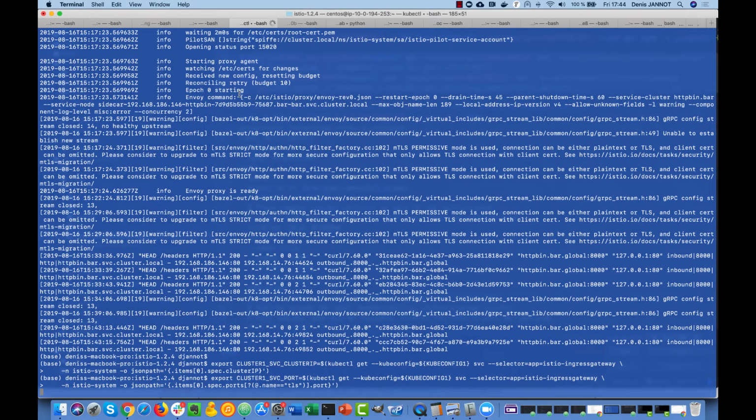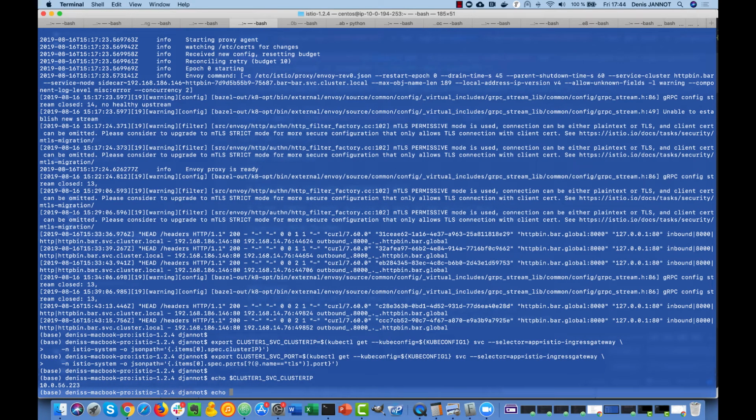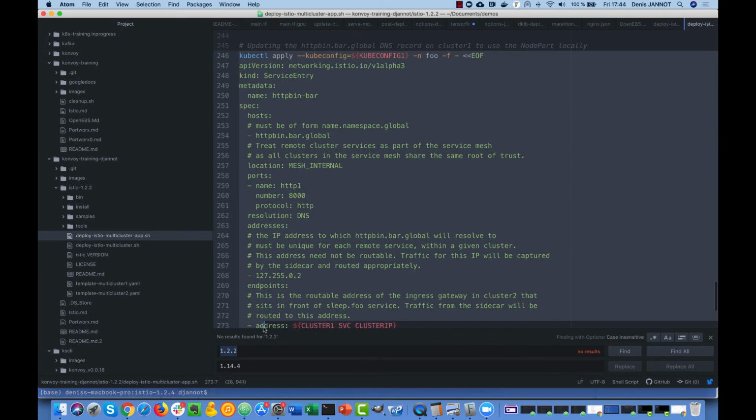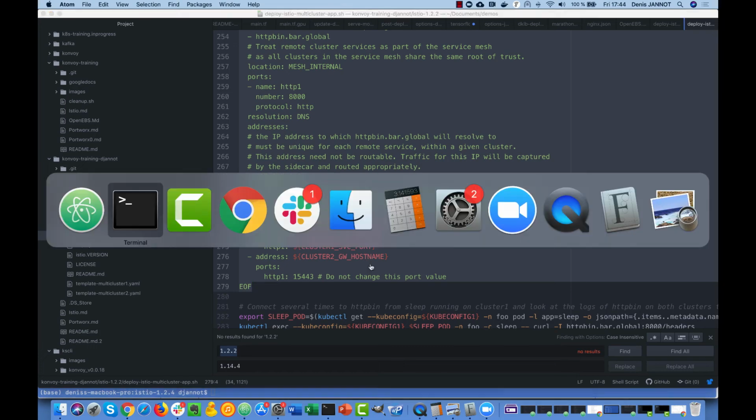So you just get here the service cluster IP and the corresponding ports, and we can check that again. And then you just create this service entry, but in this case, for the first site, we will use the cluster IP and port, and for the second one, we'll still use the Istio gateway.